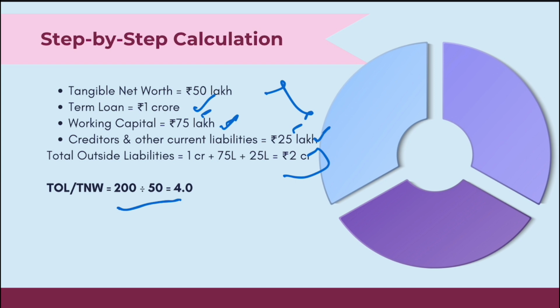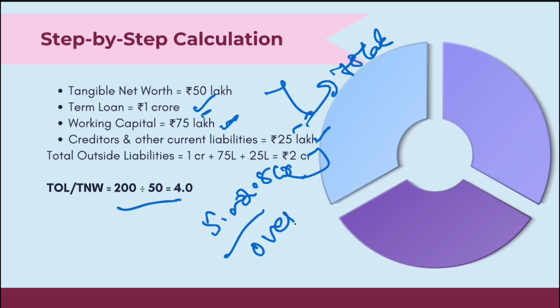Now if this creditor rises from 25 to 75 lakhs, imagine this total outside liability will go to 2.5 cr, right? Now what will be the ratio? 5.0. Now this is over leveraged, never acceptable to the bank. Okay,